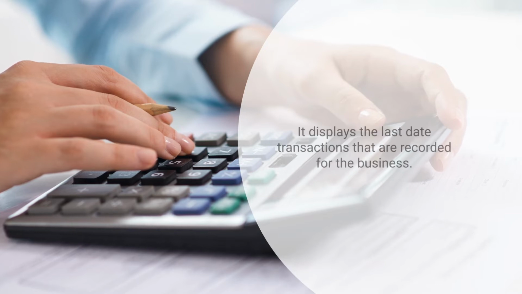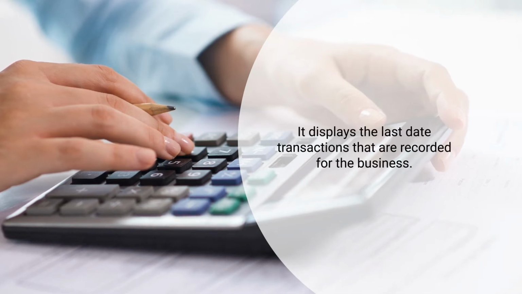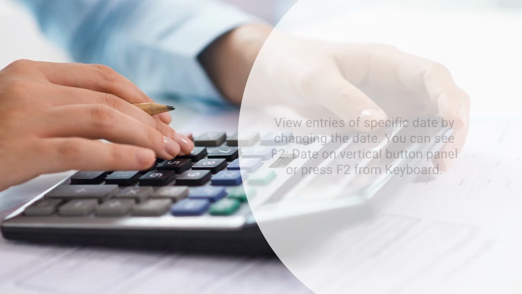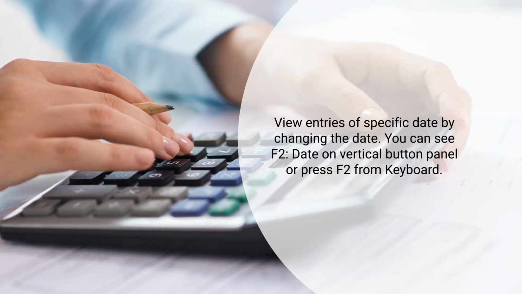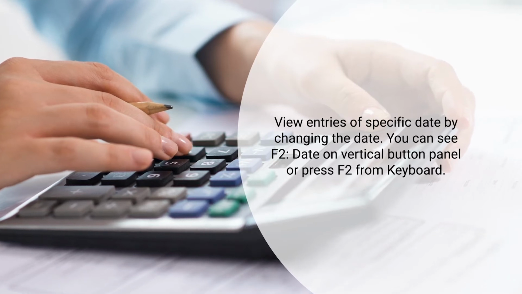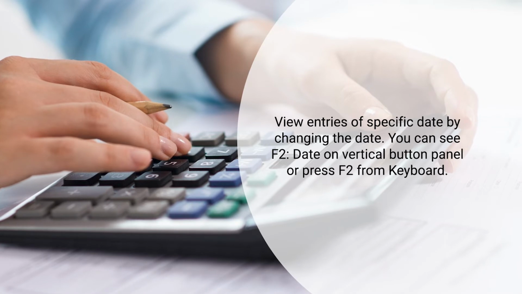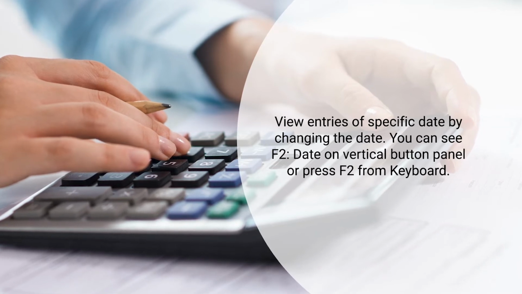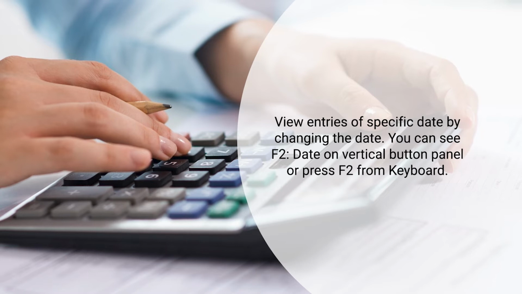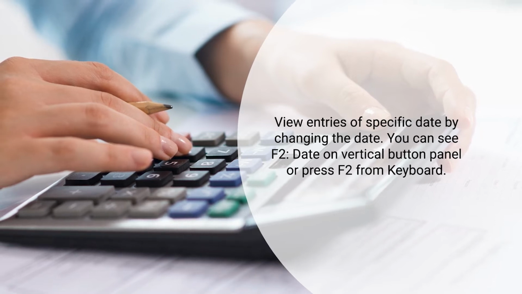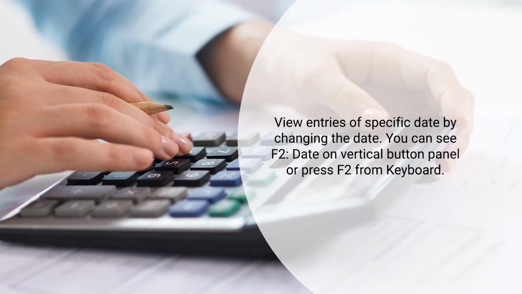It by default displays the last date transaction that are recorded for the business. If you want to see the transactions for a specific date, you can change the date. How you can change the date? You can see F2 date on the vertical button panel, or you can press F2 from the keyboard. A date field will appear in the center of the screen. You can write the date, and once you press enter, the Daybook on the particular date will appear in front